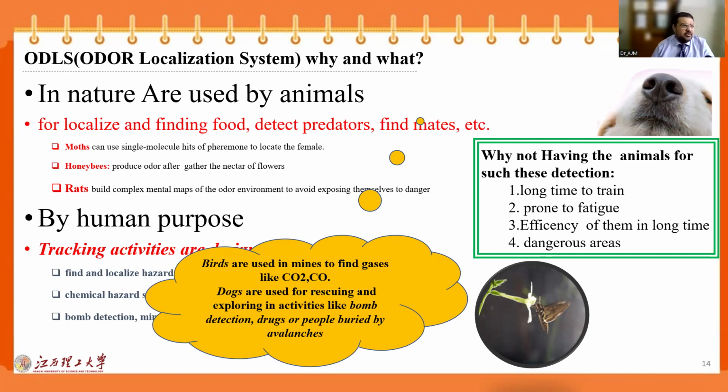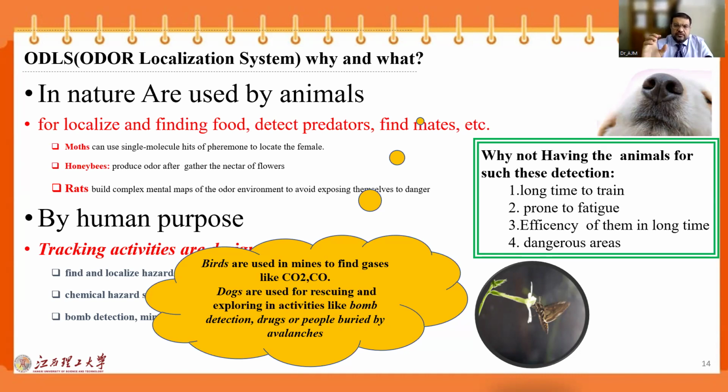For example, the dogs which they are using in the airport can work maximum for 2 or 3 years. After that, they will not be that sensitive. And also in dangerous areas, because the life of the creature is also important. From the ethical point of view, it's not good for us to just use them. Then